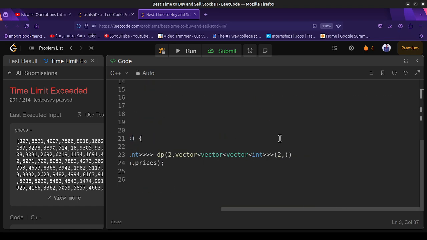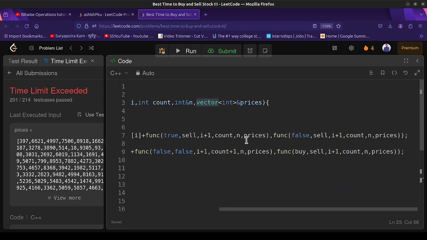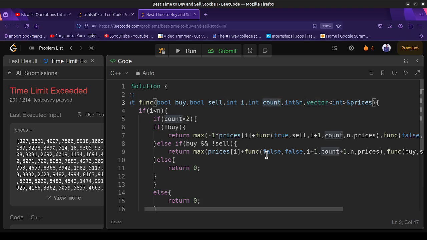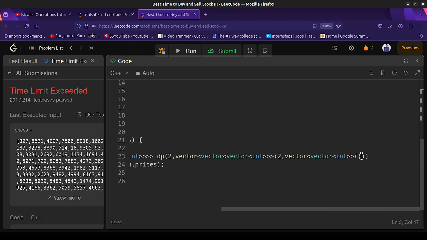Okay, so of size 2, then vector of int, and then basically this count can be storing 1 or 2, so this is also of size 2, and vector of int now,